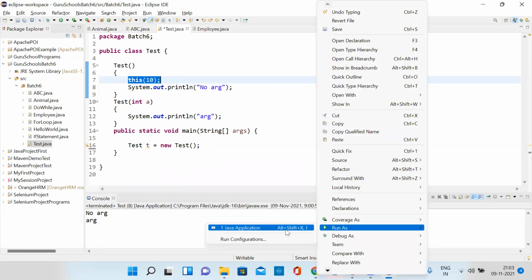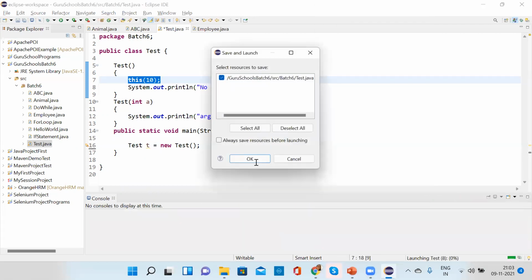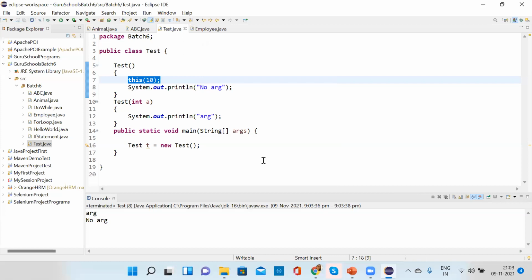Chavi, another way to do this is to create an instance of the parameterized constructor and call that instance in the test method. This method is an alternative to creating an instance and calling it, correct?